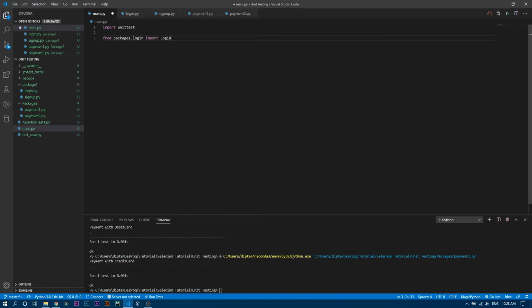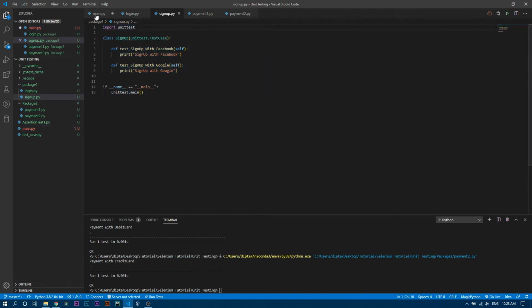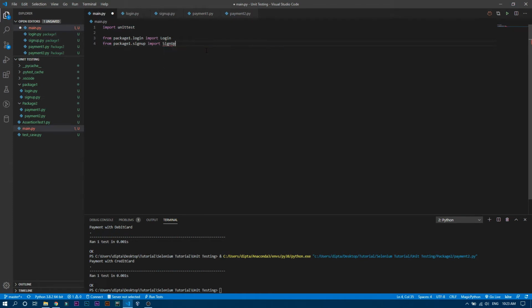Okay, similarly for sign up we just need to write from package one dot signup, and from there we are going to import only one class, and I guess the class name is SignUp, right? Yeah, SignUp.